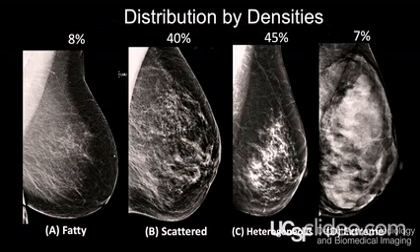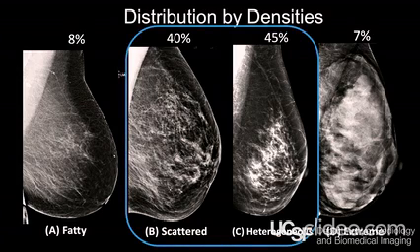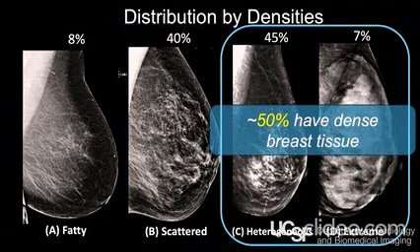So what is the distribution of patients by breast density? Well, population-based data from a representative sample of mammography practices in the US show that approximately 8% of women undergoing screening have almost entirely fatty tissue, category A. Approximately 7% are category D, and they have extremely dense breast tissue. More than 80% of women are either category B or category C. Also note that approximately 50% of the screening population has dense breast tissue, which includes category C, heterogeneously dense, or category D, extremely dense. Therefore, breast density policies apply to approximately half of